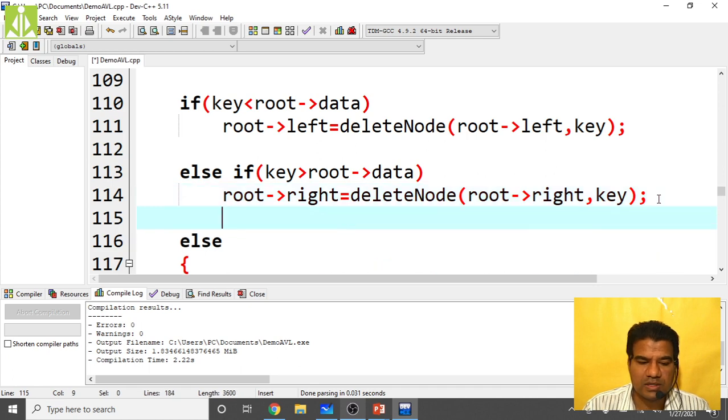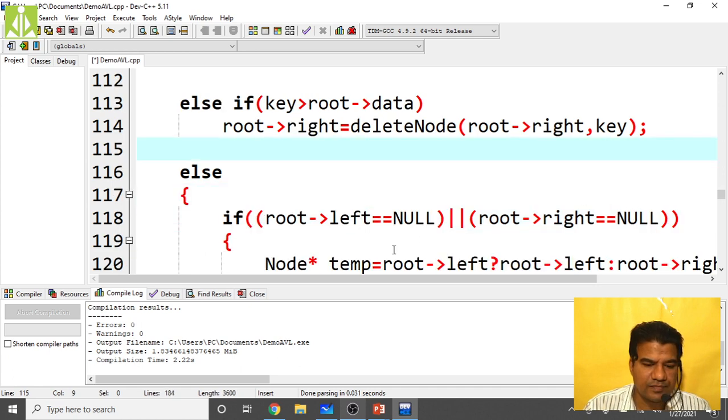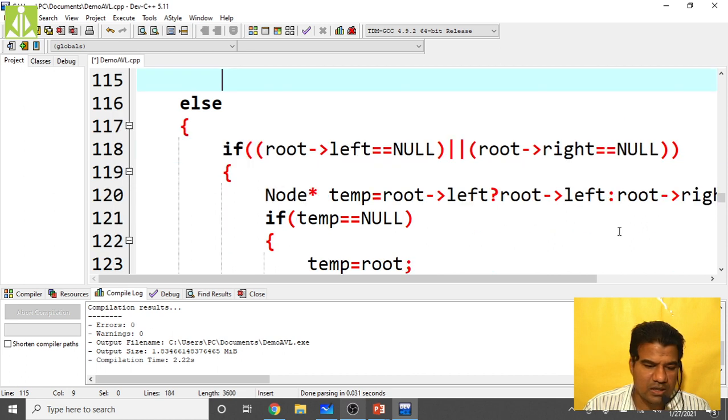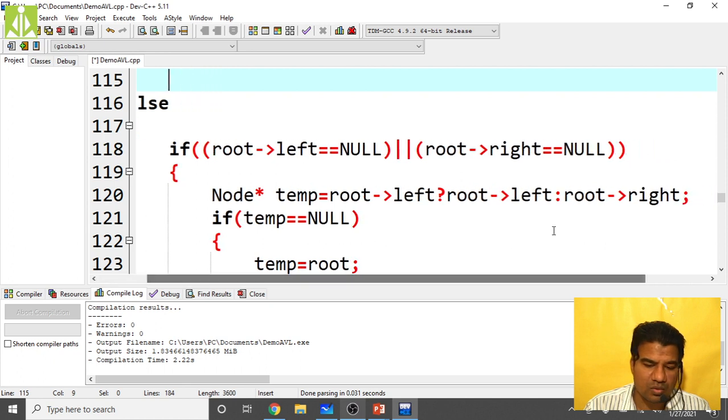This is also correct. In the else case, if root of left equals null or root of right equals null, then take a temporary pointer equals root of left, using a conditional operator, return root of left only, else return root of right.